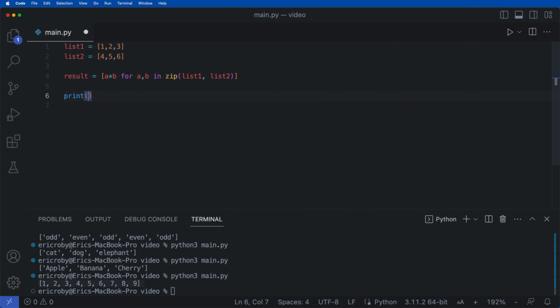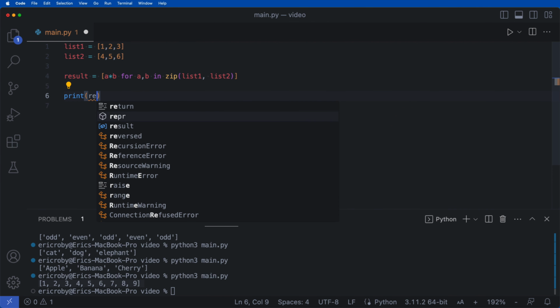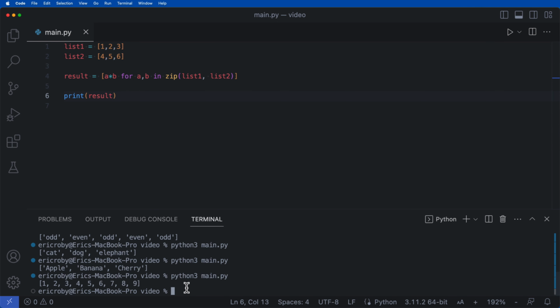So now if we go ahead and just print our result, and we save and run this application, we can see that we zipped them together to get the output of 4, 10, and 18, which is going to be literally 1 times 4, 2 times 5, and 3 times 6. So this is just another expression on how you can use list comprehension to combine and create a new list